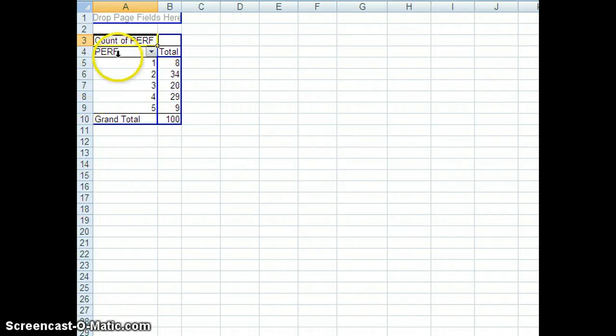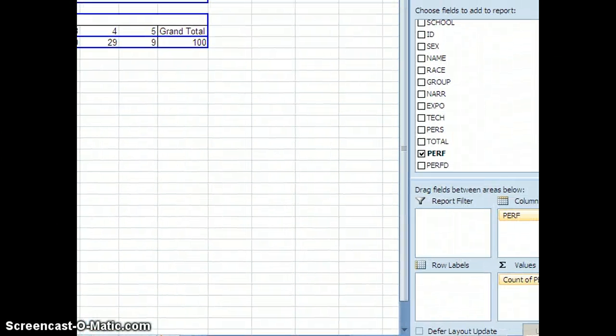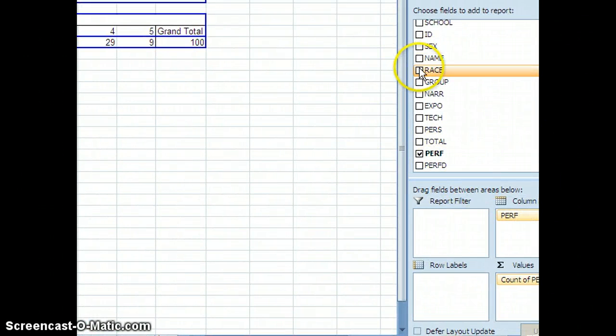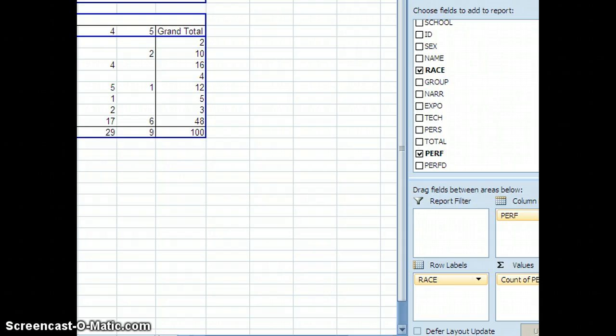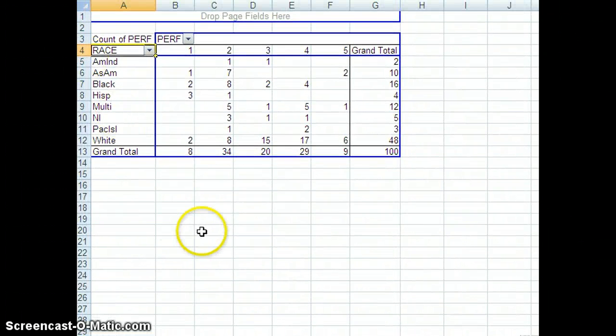Now I'm going to do something a little different here, and I'll show you how easy it is. I'm going to take this information from a vertical presentation to a horizontal presentation. The reason I want to do that is that I want to show this information for a group of categories, and this would be race code. So I'm going to drop race code down here, and basically what this tells me is that for each of these identified race codes, this is the number of students in each of these achievement categories for this particular achievement